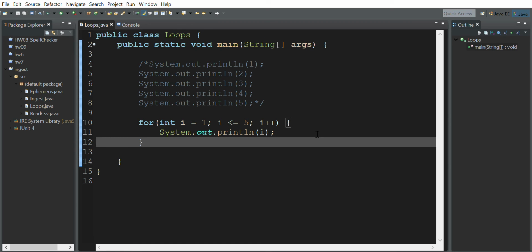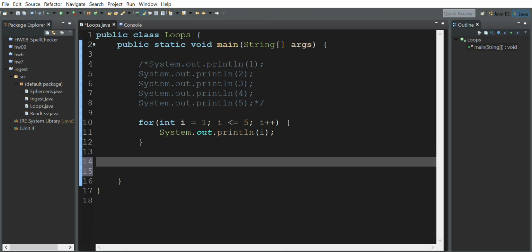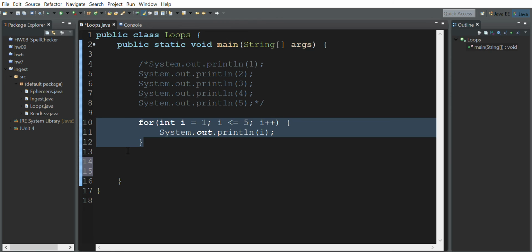So we've done this in a for loop. Now, another kind of loop you're going to see is a while loop. In many circumstances, while and for loops do the exact same thing, and they can be used for the exact same thing. The only thing that's really different about them is just the formatting. So I'll show you how we can make this exact same thing happen just with the syntax being with a